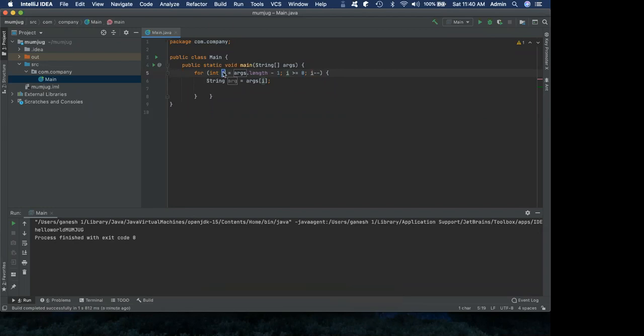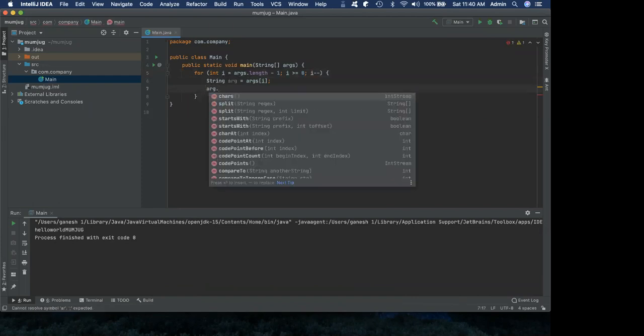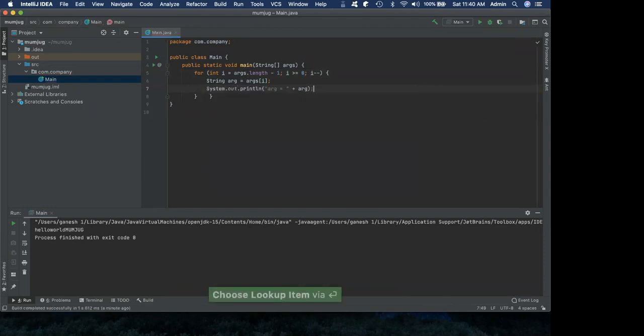Now let's complete this. So in my reverse order, I want to traverse it, right? Get the arg, and let's say arg dot sout, right? And now let us reformat the code. You'll be able to reformat it, right? Okay. So that is the next one, the reverse iteration.